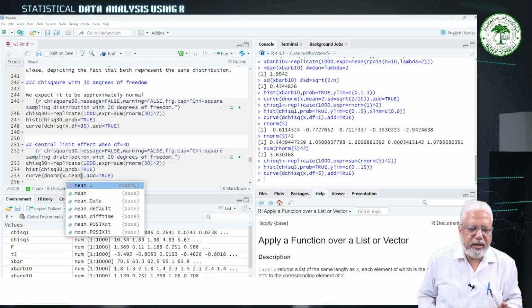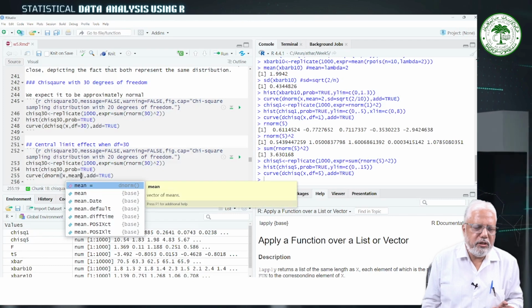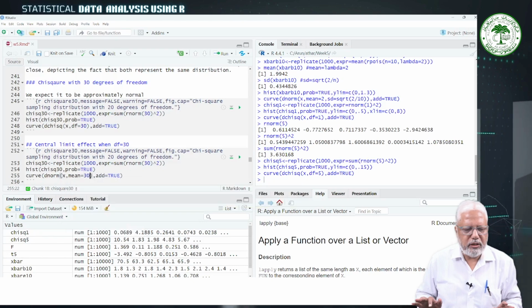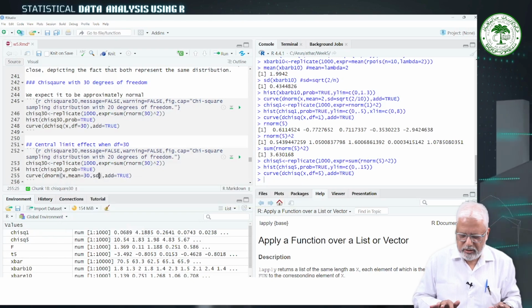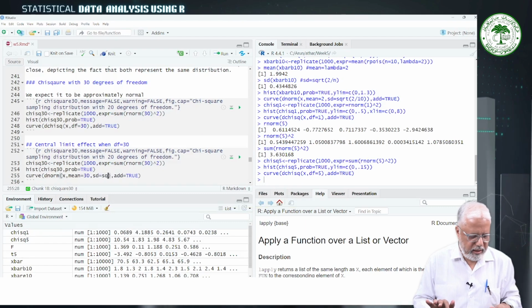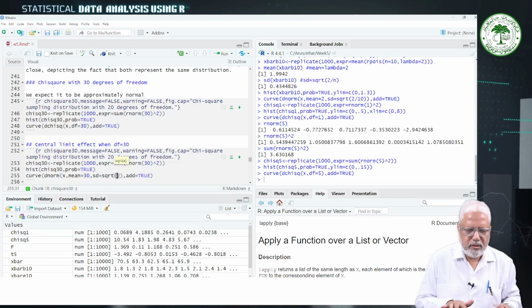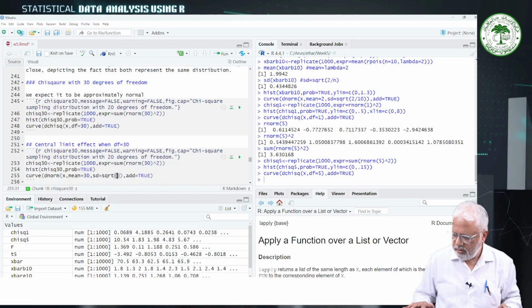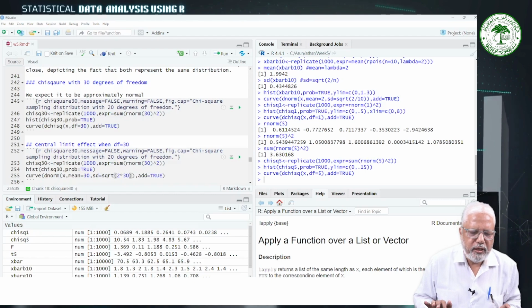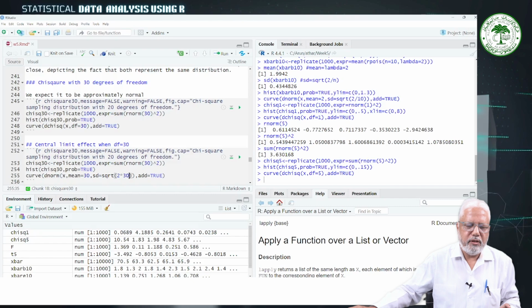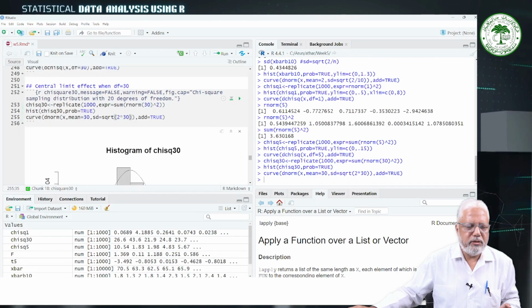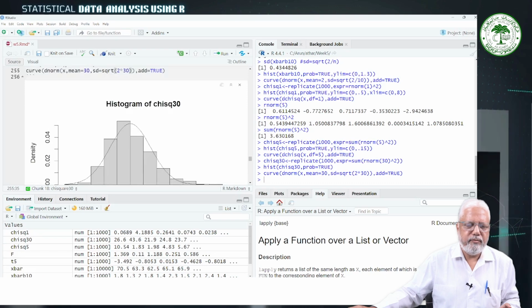So for a chi-square distribution with 30 degrees of freedom, the mean is equal to 30, the degree of freedom, and SD is equal to SQRT twice into 30. So it should match with the distribution. When we run this, see here,